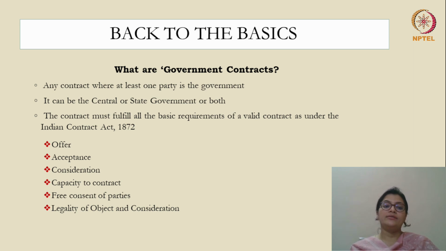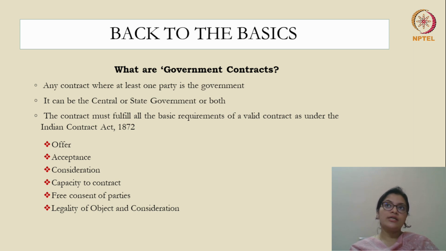In government contracts, offer and acceptance are generally taken in the form of tenders which are floated and bids which are submitted in response to those tenders, and bids which become successful are usually ones that are accepted, and then there is a binding contract that is entered into. There must be consideration. The parties that enter into a contract with the government must have the capacity to